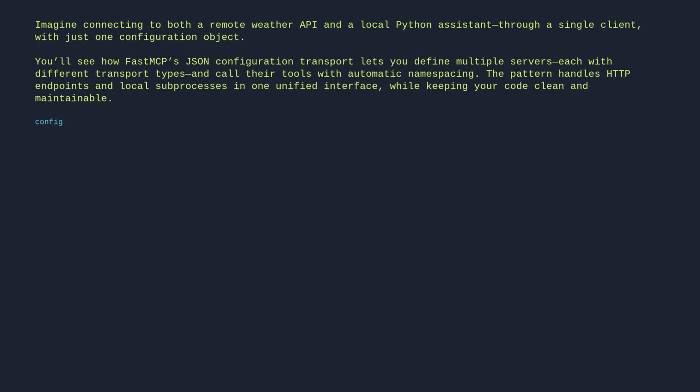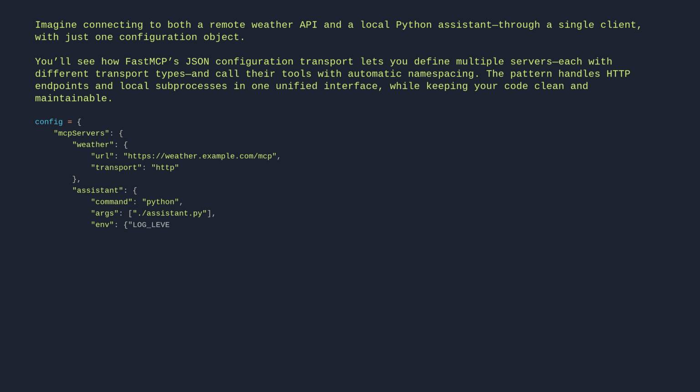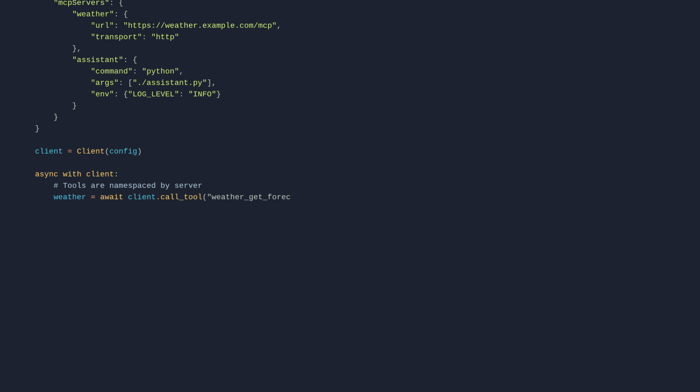config = {"mcpServers": {"weather": {"url": "https://weather.example.com/mcp", "transport": "http"}, "assistant": {"command": "python", "args": ["./assistant.py"], "env": {"LOG_LEVEL": "INFO"}}}} client = Client(config) async with client: # tools are namespaced by server weather = await client.call_tool("weather_get_forecast", {"city": "NYC"}) answer = await client.call_tool("assistant_ask", {"question": "what?"})